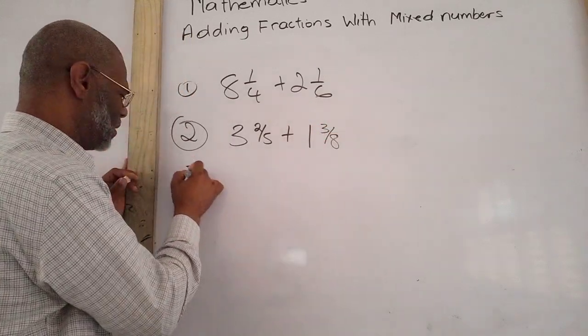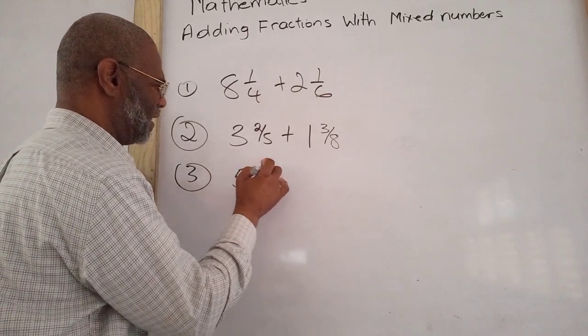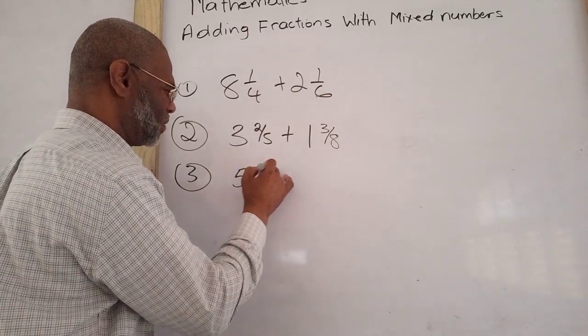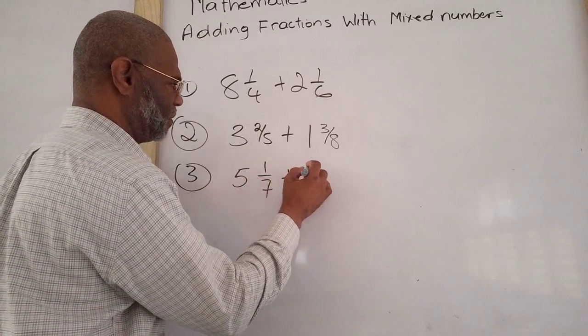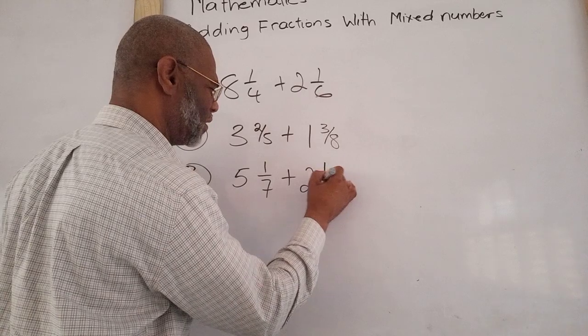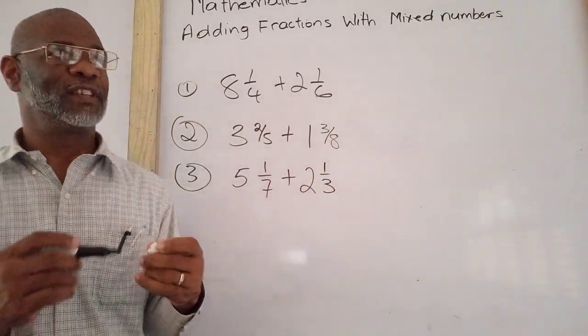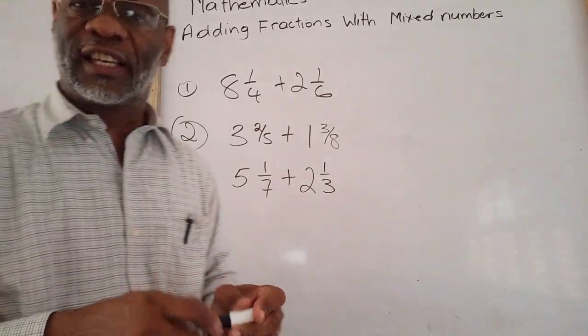Let's do one more. So we have 5 1/7 plus 2 1/3. So you can go ahead, work on those for yourself, and then you can get your textbooks,